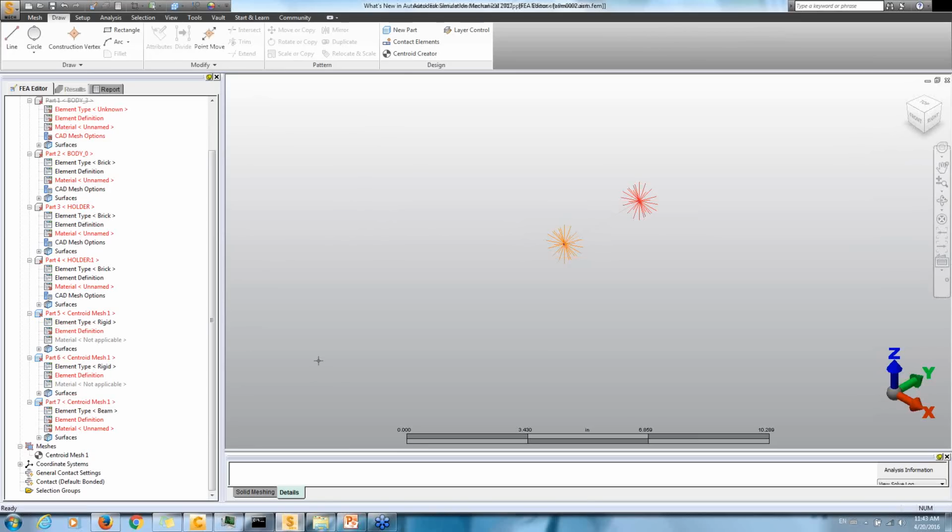And of course, in a simple model like that, that's not crucial. But if you have many parts and you've used the Centroid Creator many times, it's nice to be able to associate which parts are generated by which Centroid Creator. Let's move on to our next improvement